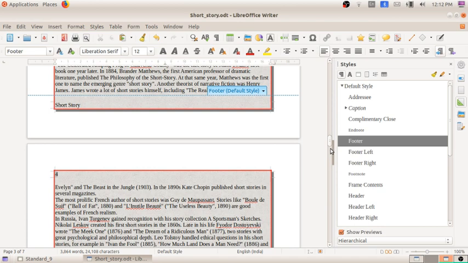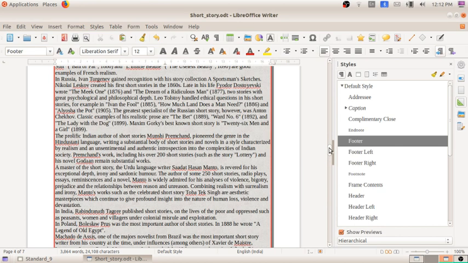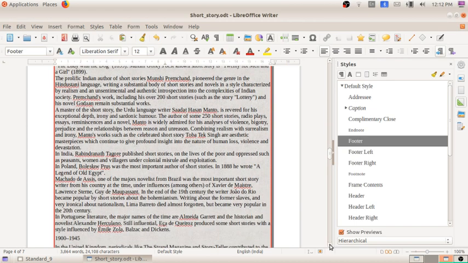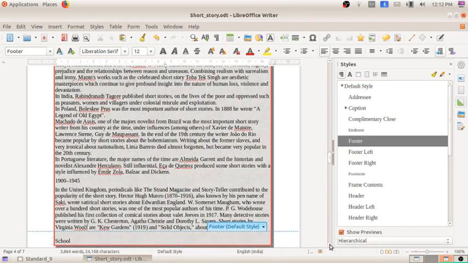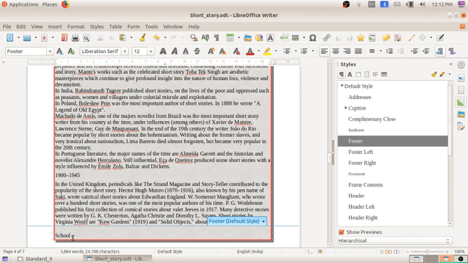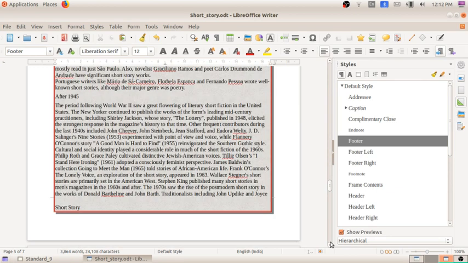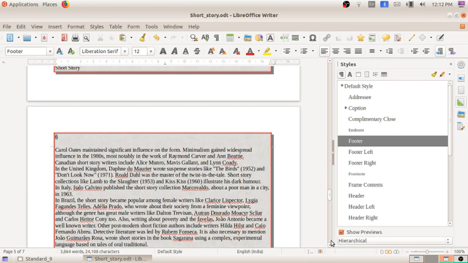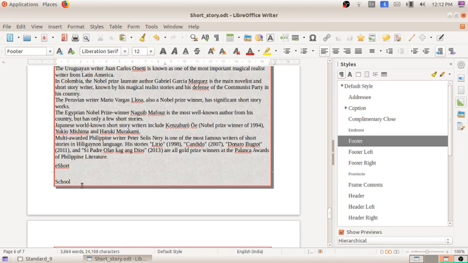So now you can check the fourth page, what will be there. Just a second. In the fourth page you can see school. If you check the fifth page, again you can see the short story. If you check the sixth page, you can see the school. So alternatively, you will be getting short story, school, short story, school, like that. Okay, so I hope it is clear to all of you.